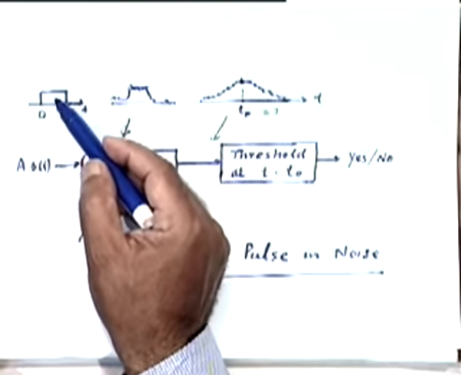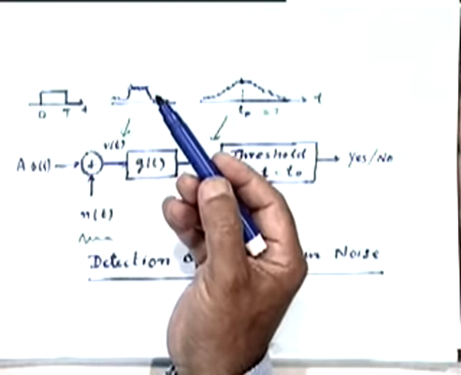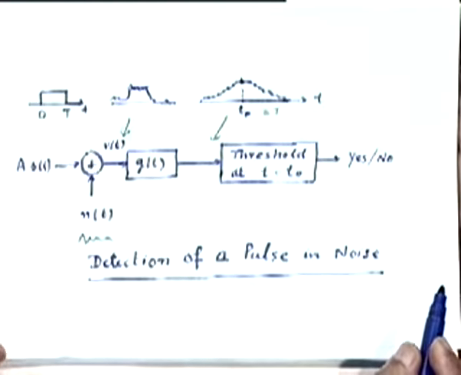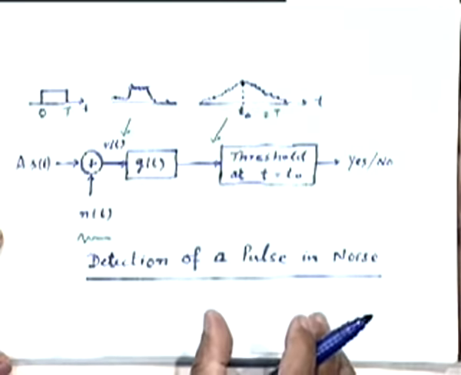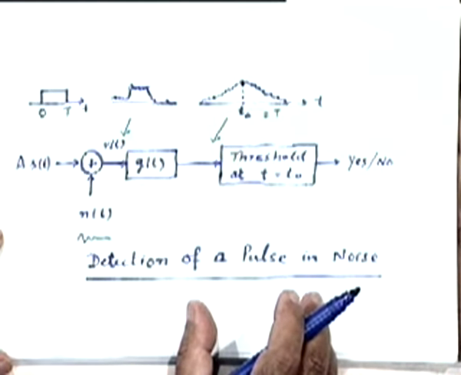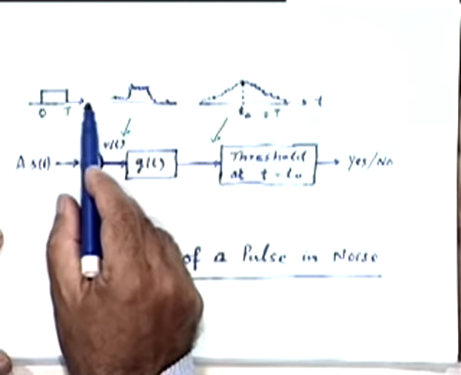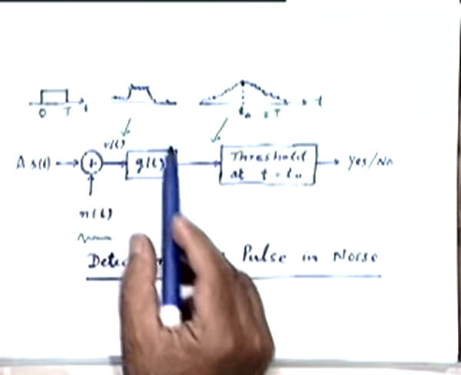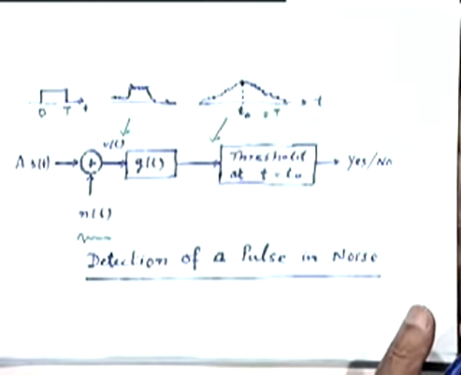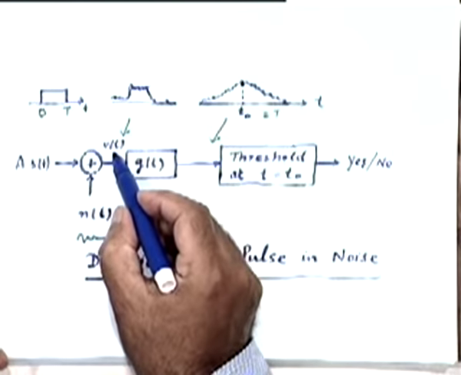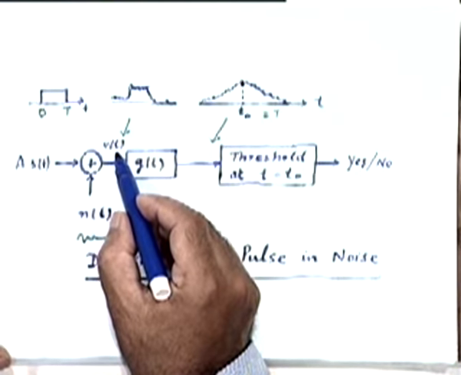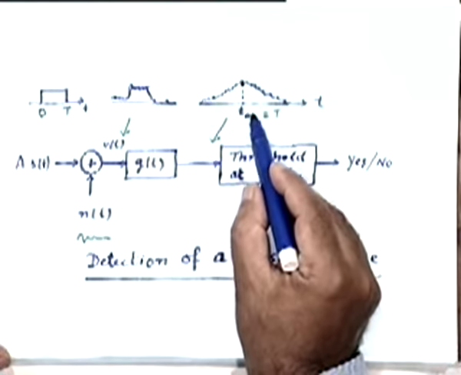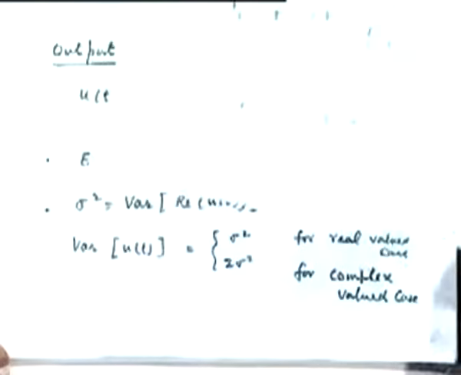For example, a pulse could have multiple amplitude levels, it could have different shapes, we could take care of all those things. But to start with, to simplify the discussion, the detection problem we are looking at is a very simple one. You have a pulse coming along with noise, but you are not sure whether this pulse exists or not in this interval of T seconds, and you want to detect whether what you are receiving contains only noise or contains that pulse and noise. So this is the problem we are looking at.